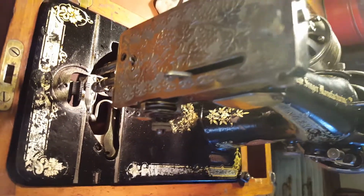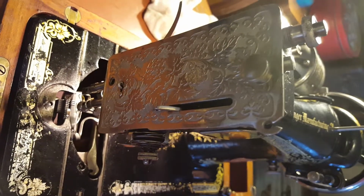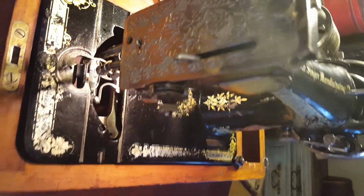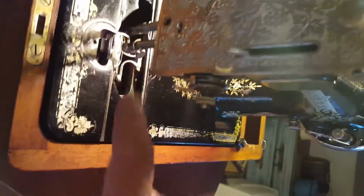Okay, now, I soaked it, pried on it, put a drill on it. I did all the things that I was told. Nothing worked. Okay, what I had to finally do is take this cool little picky thing right here and right